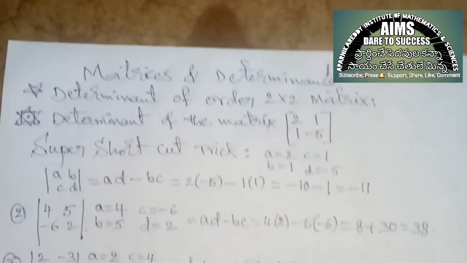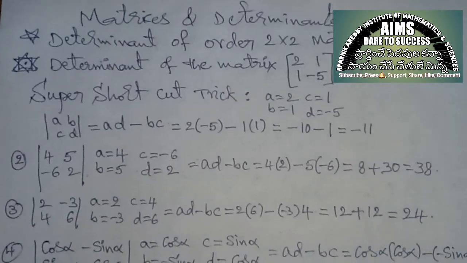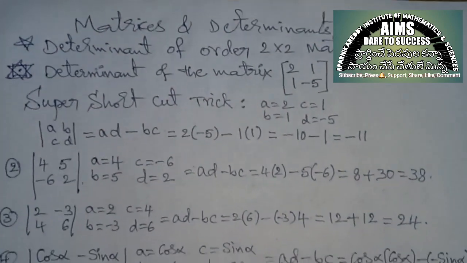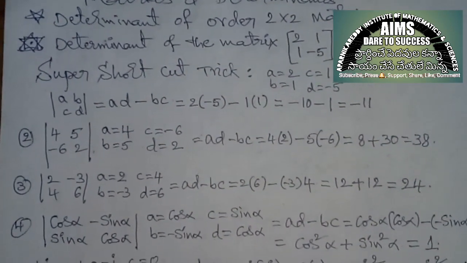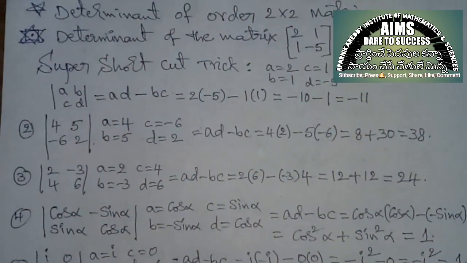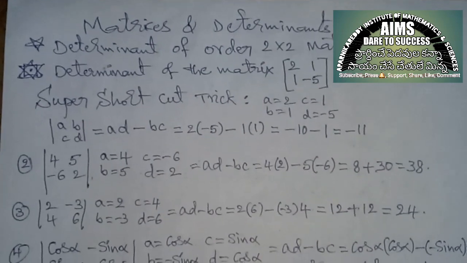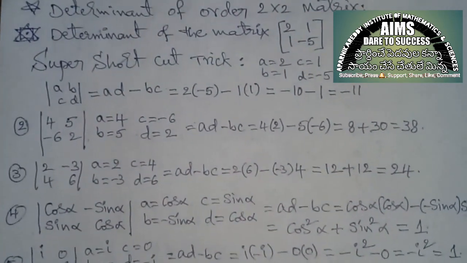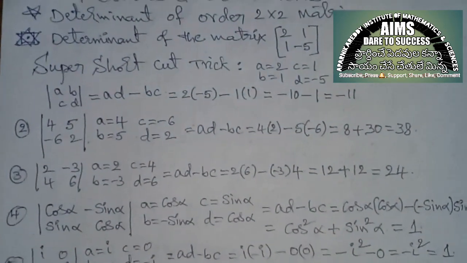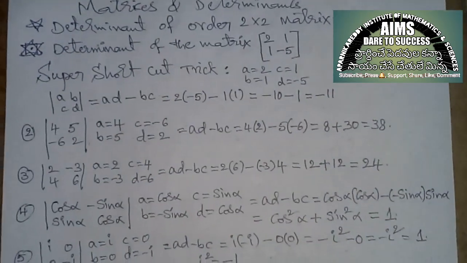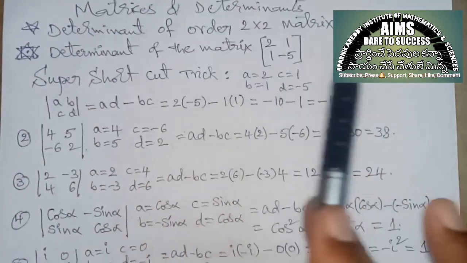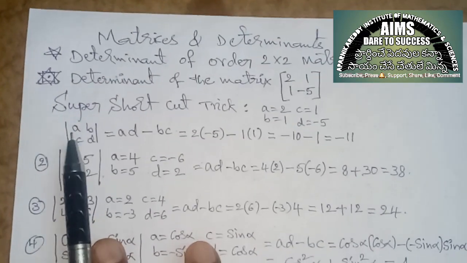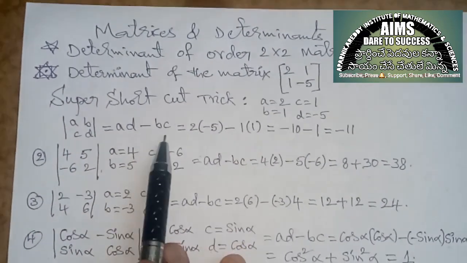So my dear friends, if you are getting my explanation by using determinant of order 2 by 2 matrix, already you got my point. By using this concept, you have to practice more and more problems from your concern book. Concern book means related to NCERT or CBSE or any other state syllabus textbook problems. But anywhere determinant of order 2 by 2 matrix, this is a shortcut. Mod or det, ABCD is equal to AD minus BC.